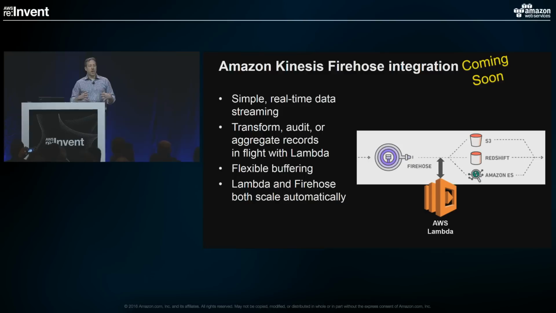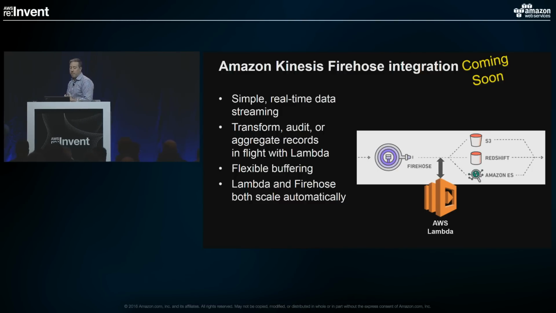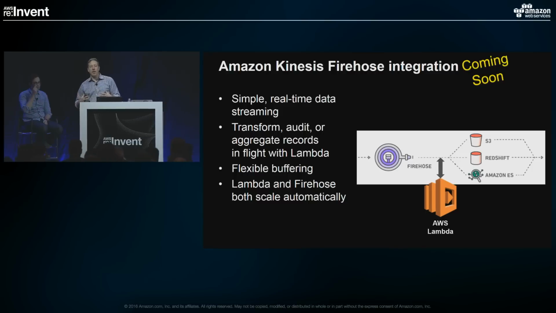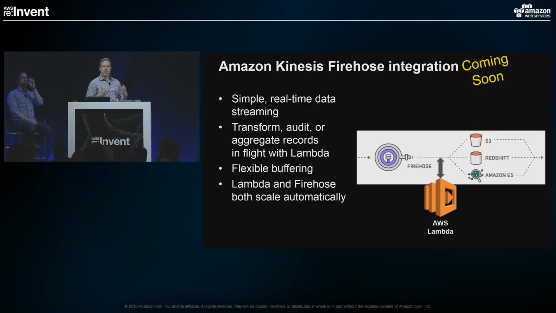And there's a flexible buffering mechanism and, of course, the built-in scalability of Firehose, which is a great match to the flexibility and auto-scalability of Lambda. We think the two of these things together are going to provide a really amazing capability for data ingestion, as well as doing streaming types of analytics where people need to just pump a lot of data and convert that data on the fly and route to wherever their data lake is ultimately going to be.